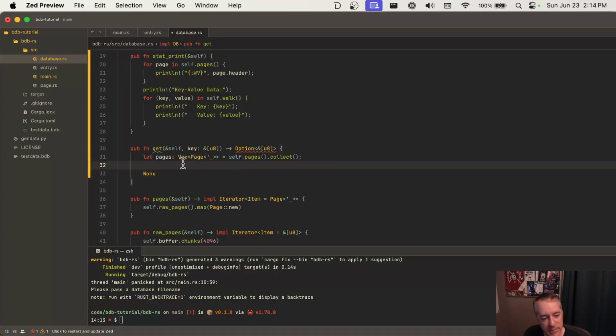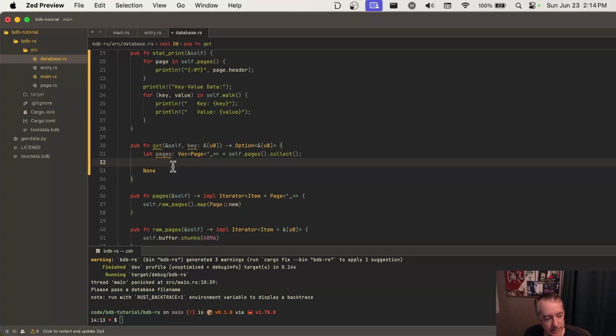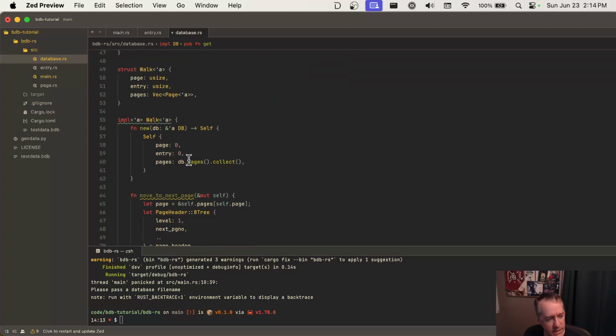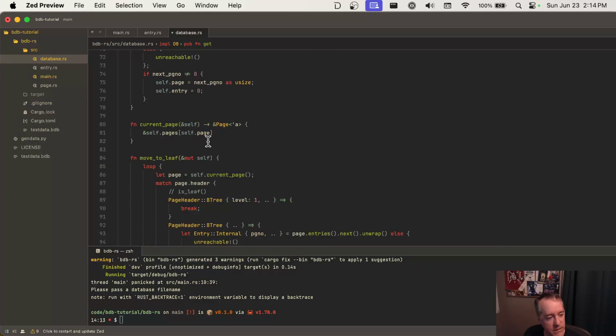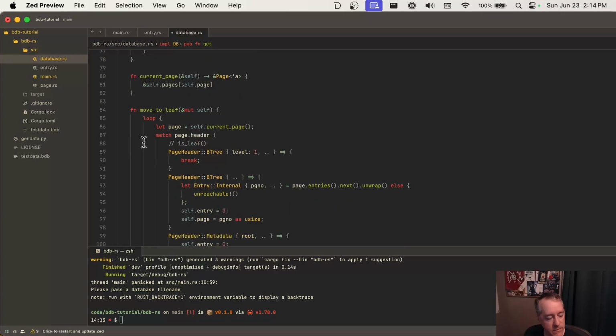We'll probably have an early bail at some point that returns none, but now we have all of the pages. And what I want to look at is what we did in walk to say like move to leaf,